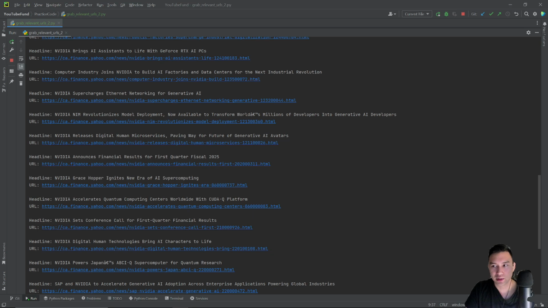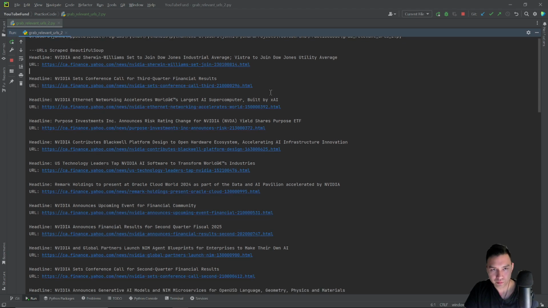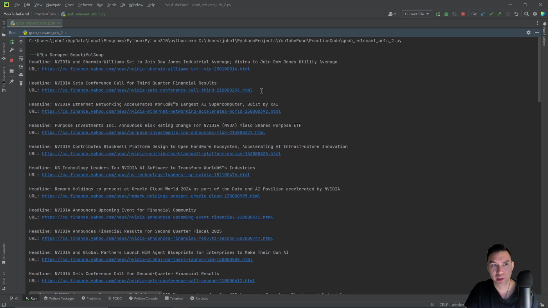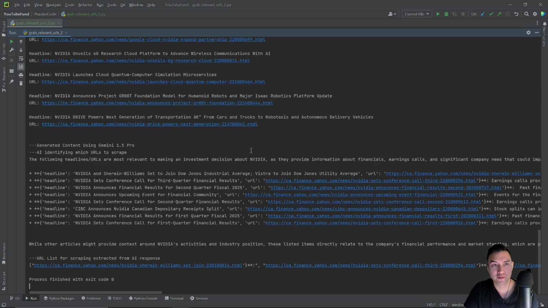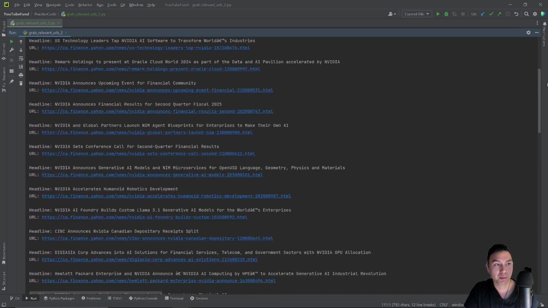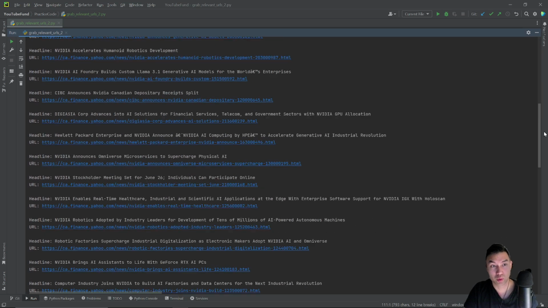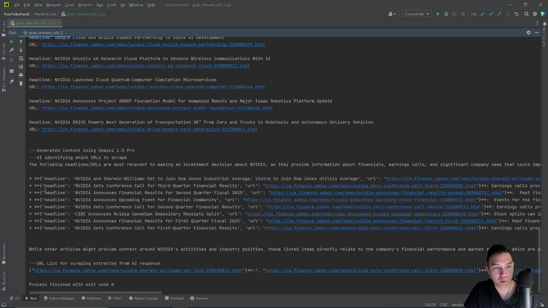Okay, what it's done now is it's found the headline and its accompanying URL. It's really important when you're doing this yourself that you have the headline as well as the URL. Otherwise, you're going to be inputting garbage into Gemini 1.5 Pro. So how many headlines are there? It's like 1, 2, 3, 4, 5. Probably at least 10, probably 20 plus, right? So within the 20 plus URL and headline pairs, it gets fed into the 1.5 Pro, and then it says,